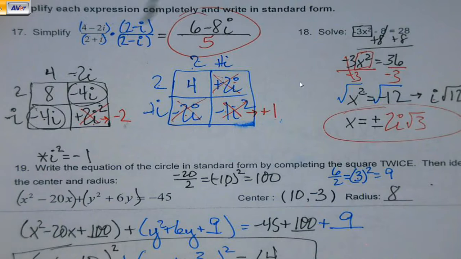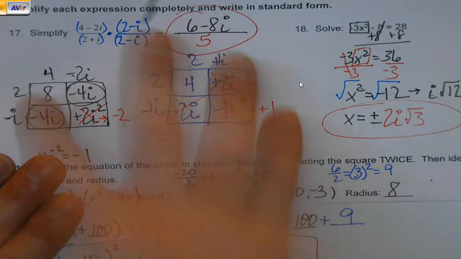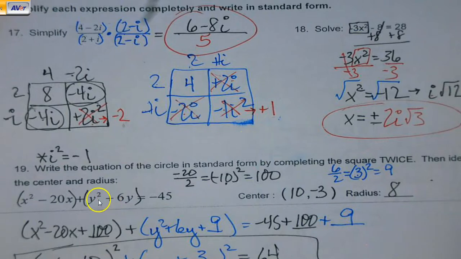Sure, you can do all of them, and then you'll just get extra credit on the extra one. Or if there's one of them you're like, oh my gosh, this completing the square I don't get, well, I'm just going to make 19 the extra credit, and then I don't have to do it. I'm just going to do these 2. So if you want to push ahead, you can get some extra. One of them will be extra credit. You pick. But if you mess up, then you got some backup. Okay? So that is what